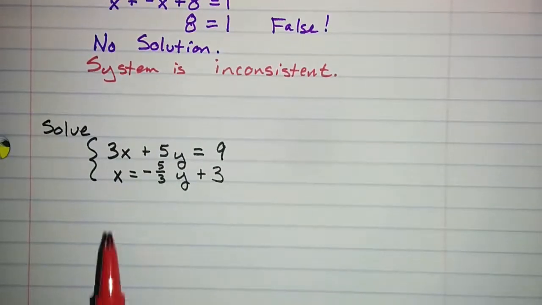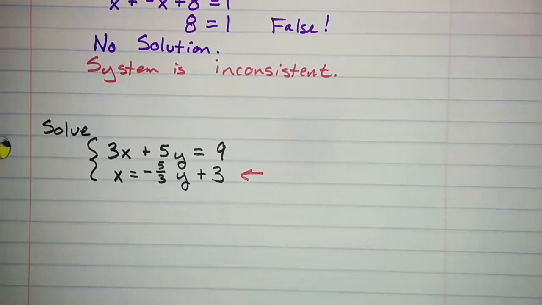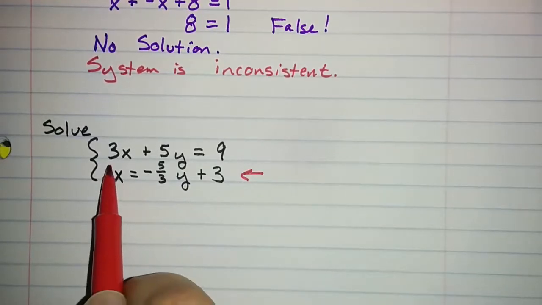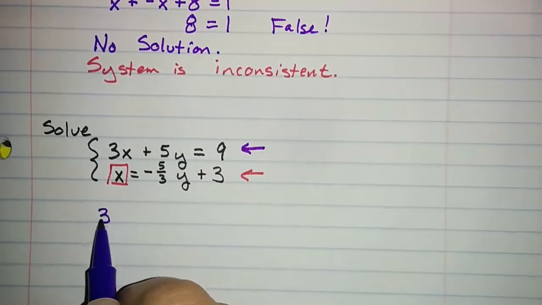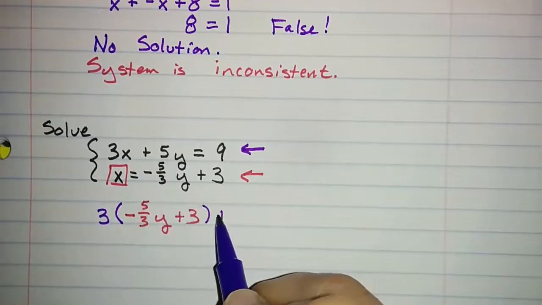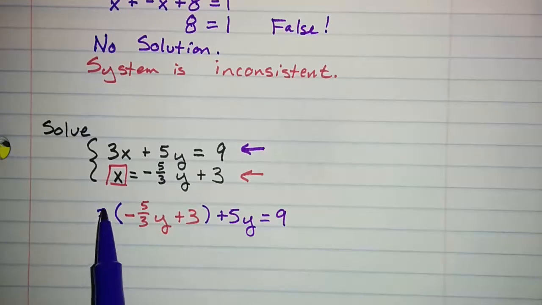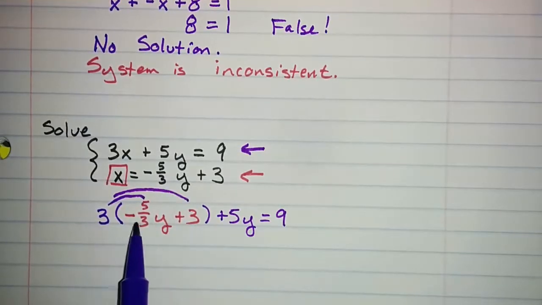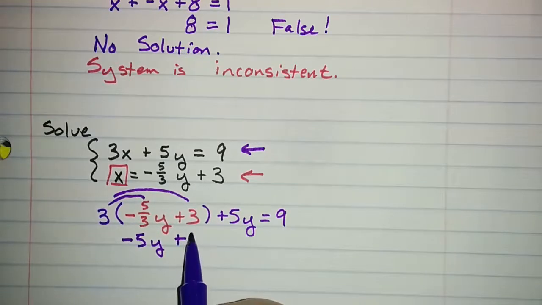What if we set out to solve this system? Again, well set up for substitution. We have x alone in this equation, and we can substitute x into this equation. We'll have 3 times this thing that's equal to x plus 5y equals 9. All right, we'll distribute. 3 times negative 5/3 y will be negative 5y. 3 times 3 will be 9,